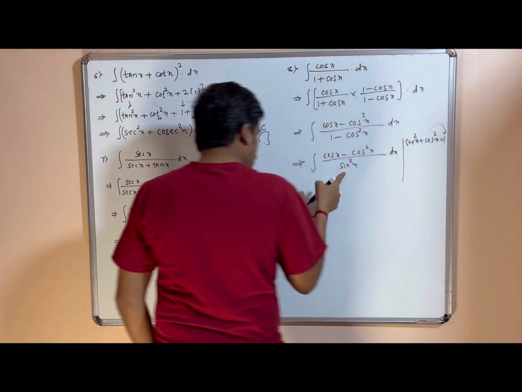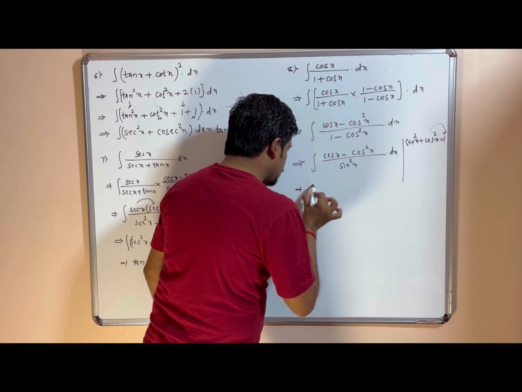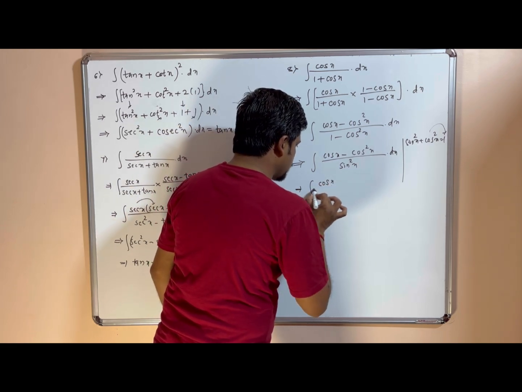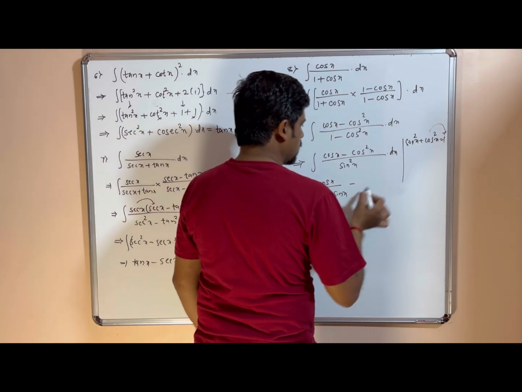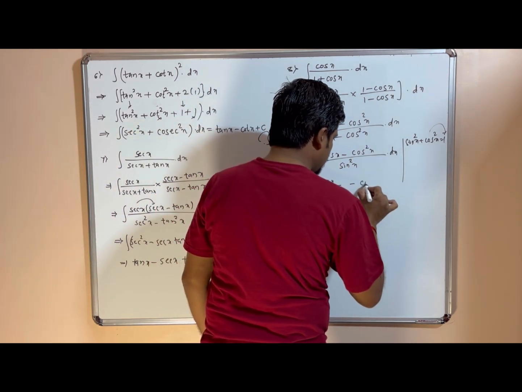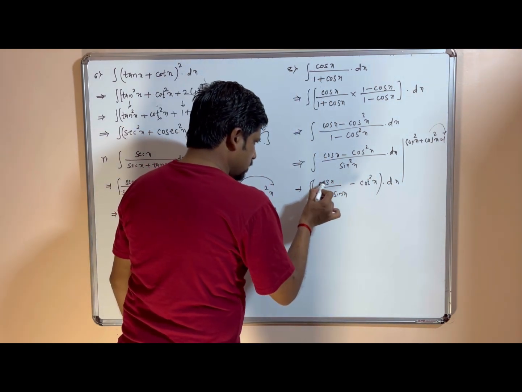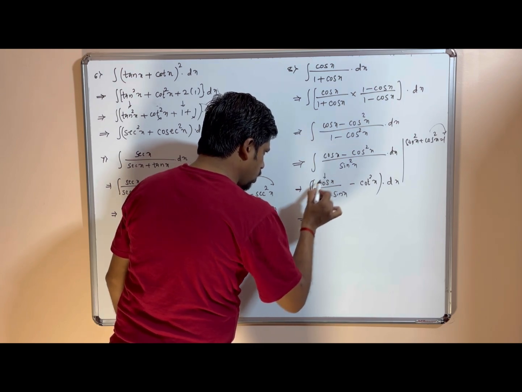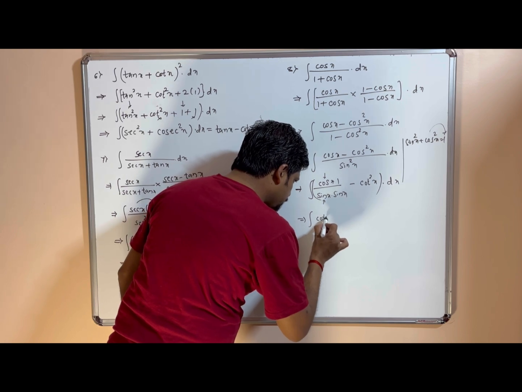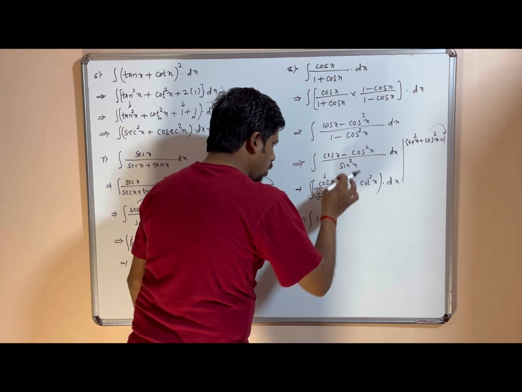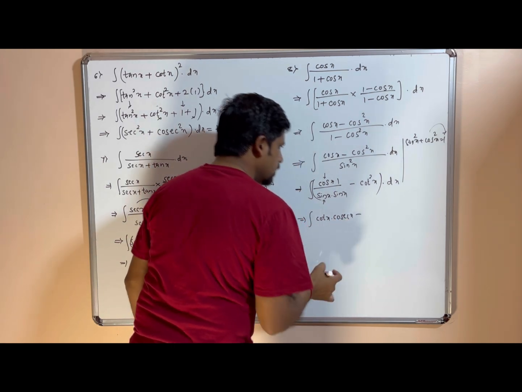And here in the denominator part we have one part and in the numerator we have two functions. So this can also be written as integration of cos x divided by sin square x, which can also be written as sin x into sin x, minus cos square x by sin square x is cot square x into dx. So here sin x, cos x by sin x, here we have cos x and sin x into 1 divided by sin x. Cos x by sin x is cot x. Sin x by cos x by sin x, 1 by sin x is cosec x, minus cot square x